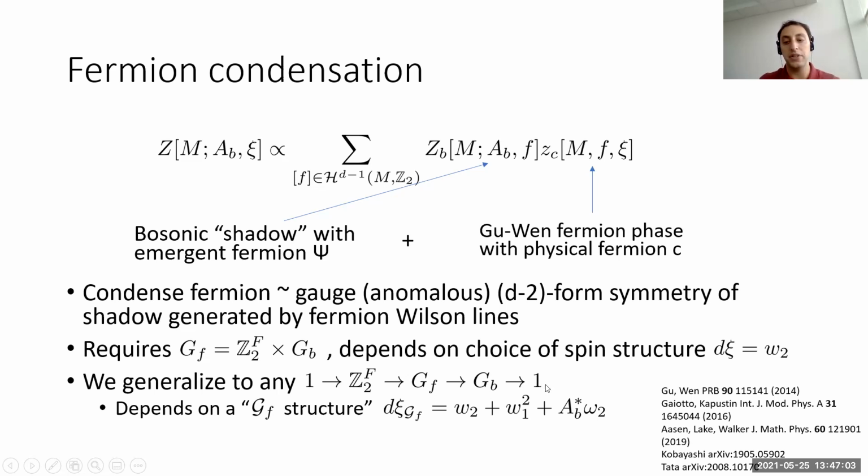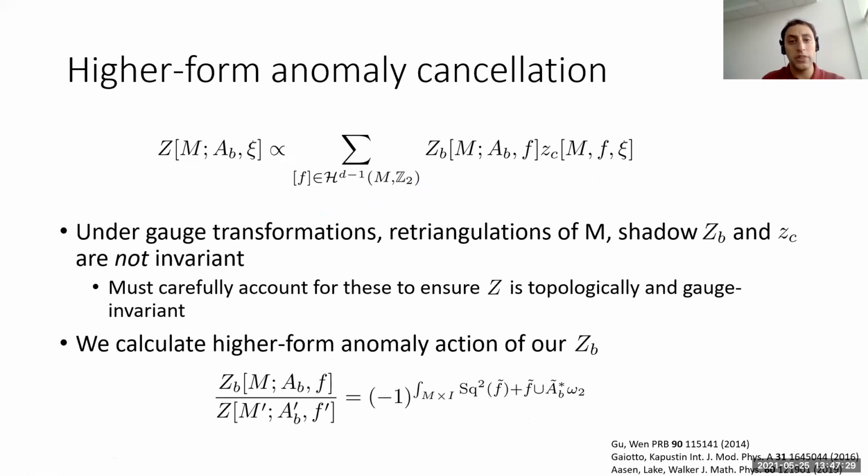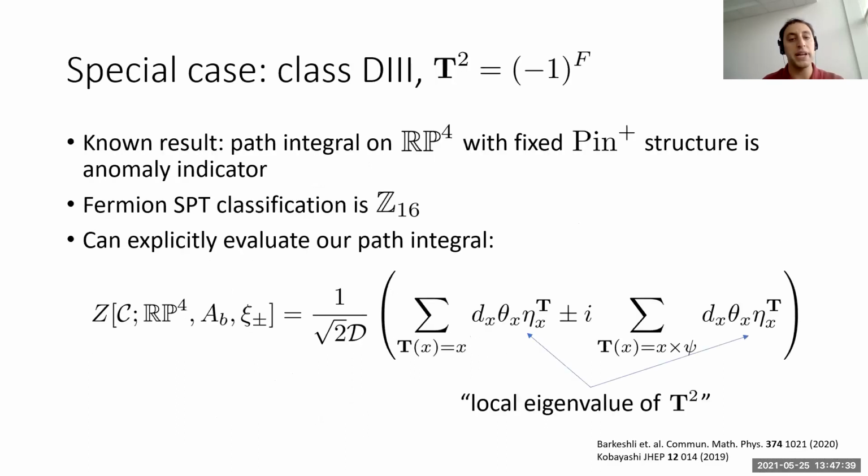Now, the construction as it is discussed in these papers requires the symmetry group to be a direct product of fermion parity and a bosonic symmetry group, and depends on a spin structure. And we generalize this to a more general symmetry group. This depends on an object that we call a G_f structure, which looks something like this. I don't have the time to go into this in any further detail. One of the technical things that we did in our paper is very carefully account for anomalies in this fermion condensation procedure. I don't really have the time to go into that at the moment, but I would like to